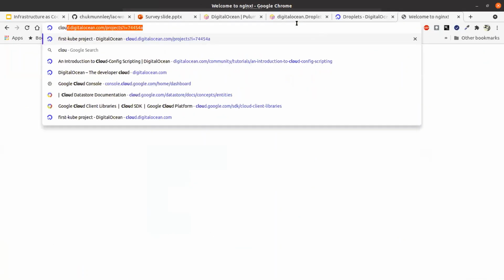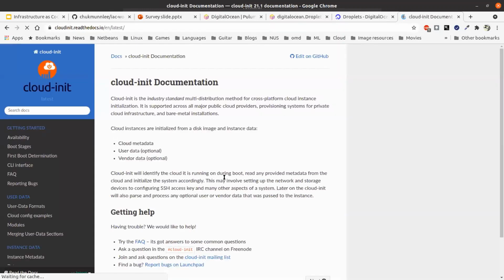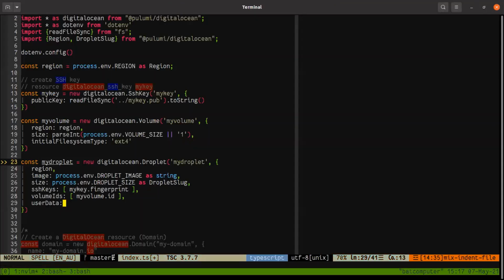So cloud-init. Cloud-init is really, really good because you write what you need to provision in this YAML format, okay, instead of writing a script. So I'm going to very quickly write one simple one and then show you what it is. Okay, so I'm going to leave this here first, and let's go ahead.